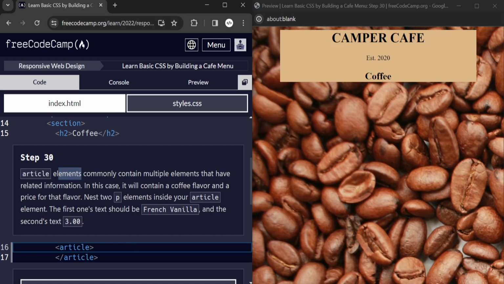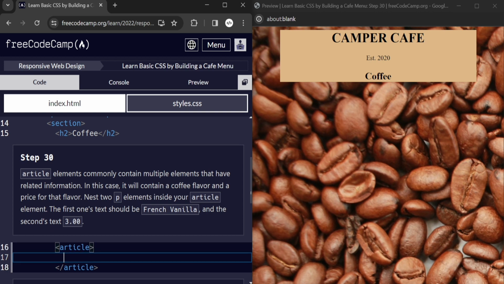Article elements commonly contain multiple elements that have related information. So article means a lot of information will be there, but all of it is interconnected. We should note that it's interconnected. In this case we contain a coffee flavor and a price for the flavor. So next are two paragraphs. First paragraph,